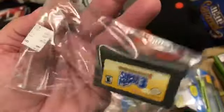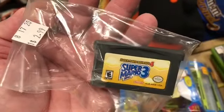Also found this Super Mario 3 Game Boy Advance for $1.50. So I'll definitely make money on that one. Alright, you guys got to see some of the stuff I picked up. Now let's see what we sold Monday and